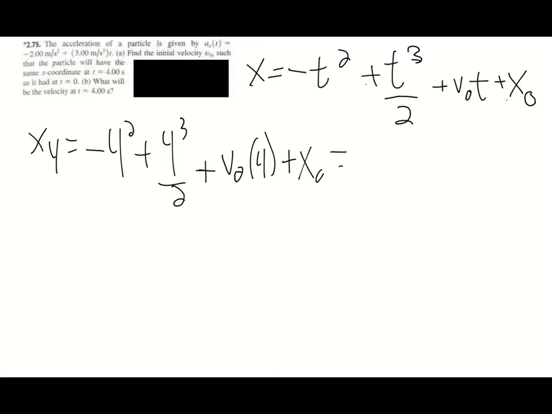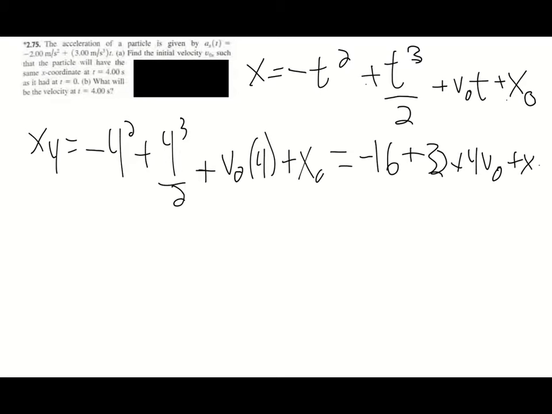And that's going to simplify out to -8, plus, or sorry, 16. Let me erase that. I can multiply numbers. 16 plus 64 over 2, that's 32, plus 4v naught